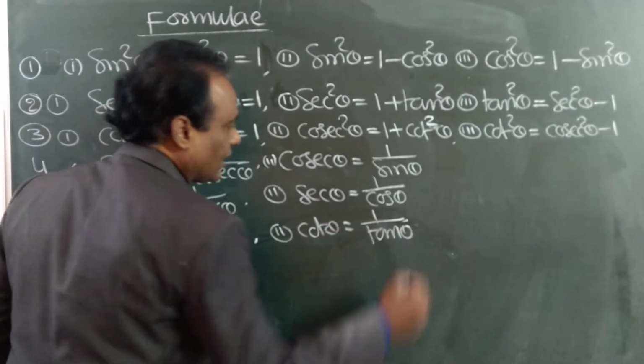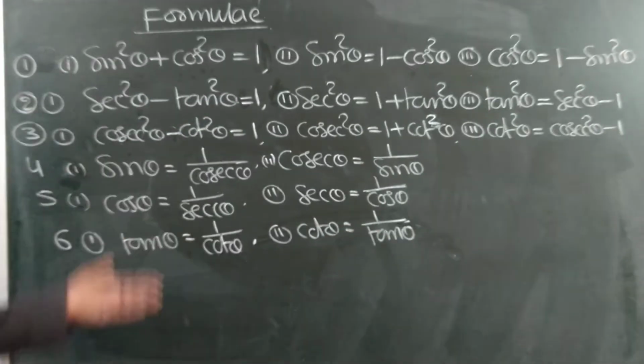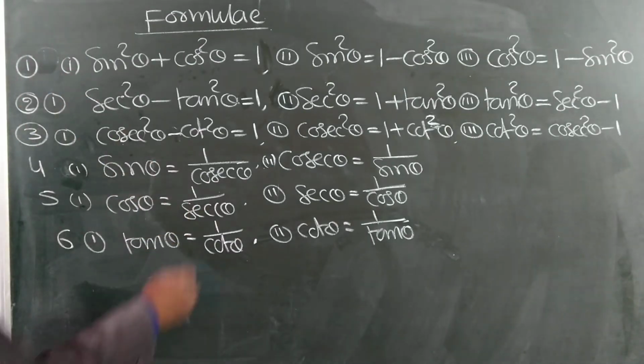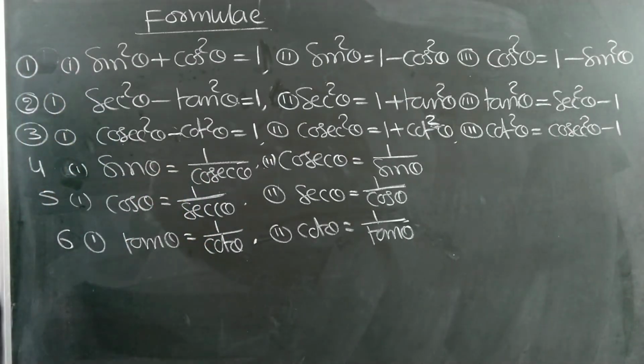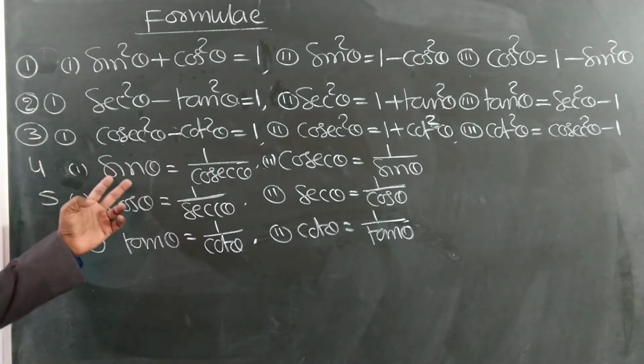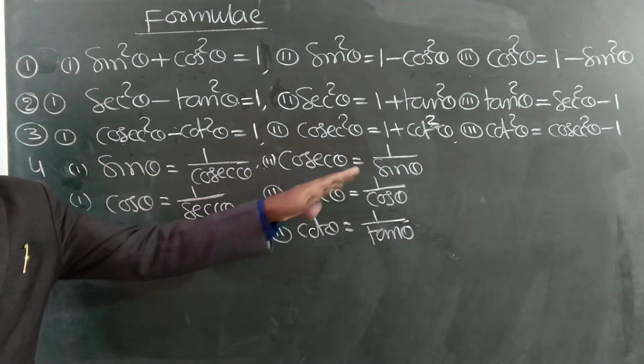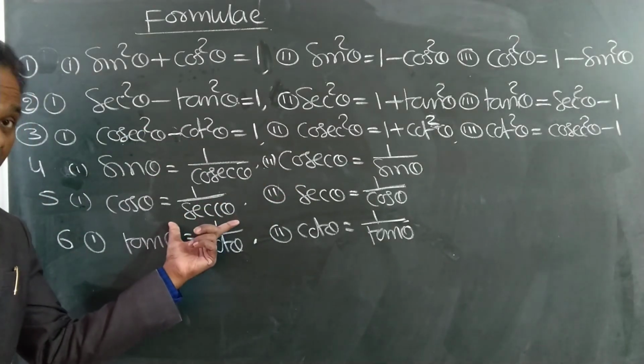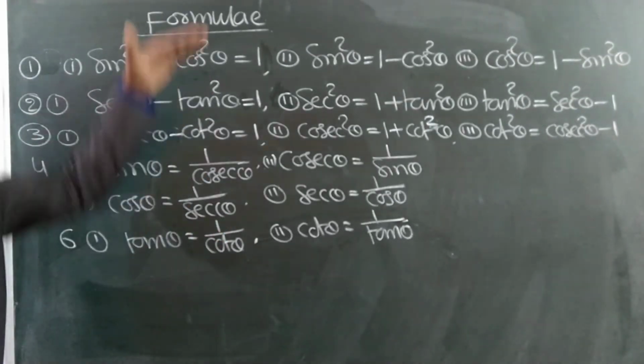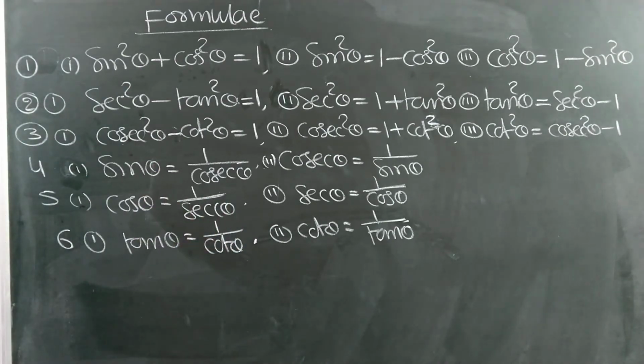This formula also we know. All these are not new. Already from the beginning it is a definition itself. These are not formulas, it is a definition itself. So sine is equal to 1 by cosec, cosec is equal to 1 by sine. Even in the third exercise before, I wrote these formulas. Once again I am writing so that all will be at a time. Next,